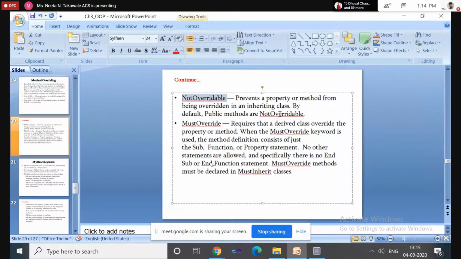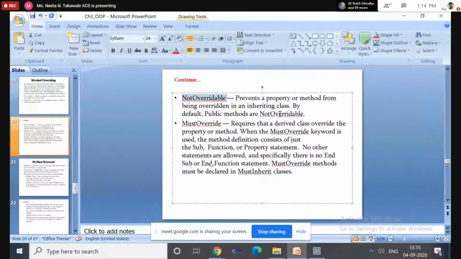So it becomes the abstract class, or the MustInherit class. It means if any class has a method you declared using MustOverride, then that class is always a MustInherit class. A normal class does not contain a MustOverride method, it will generate the error message.